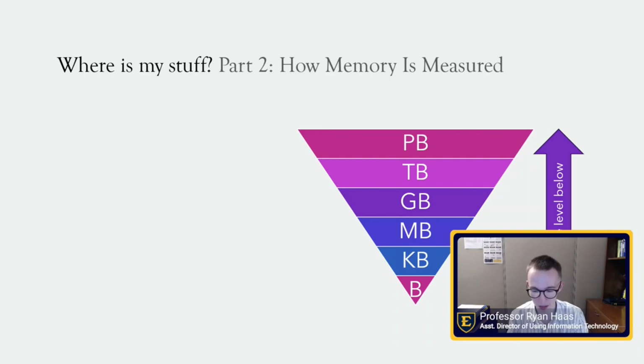Now to represent a single character, like the letter A or the number 1, we actually need a combination of 8 bits. And that's so that we can create addresses and say this unique combination represents a capital A, this represents a lowercase a, and so on. So that's what we call a byte, 8 bits. That's where we start this pyramid that you see on the screen.